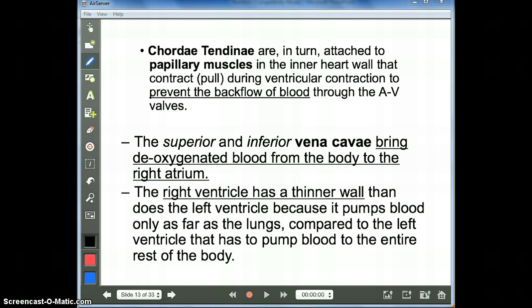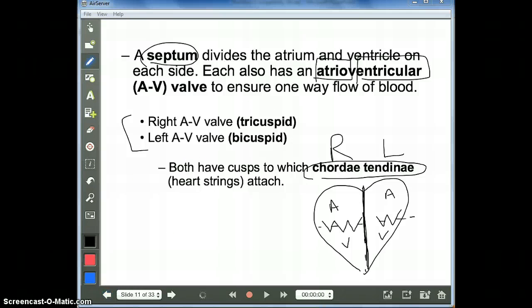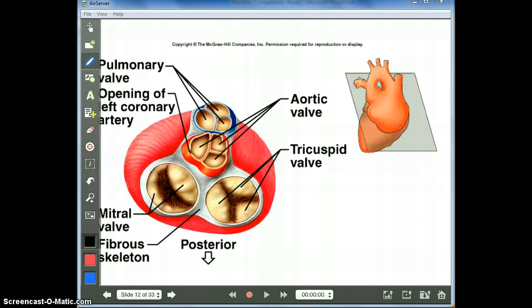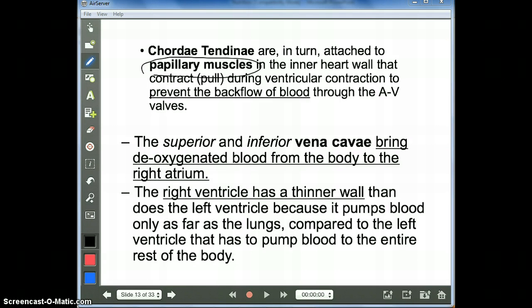One of the last things we're going to talk about real quickly before we finish with this video is looking at the connection of those chordae tendineae, and they're held together by the papillary muscles. And again, they prevent that backflow. So if we're going back down to the bottom down here, there's those papillary muscles that hold onto the heartstrings, those chordae tendineae. So now back at it, we're going to see that backflow being prevented because again, we don't want to see a heart murmur.